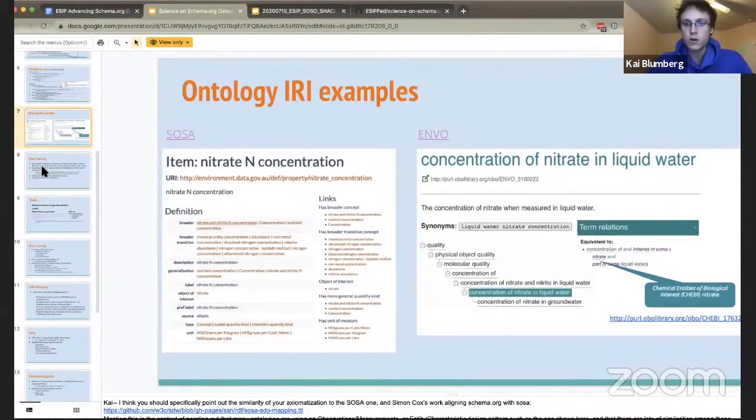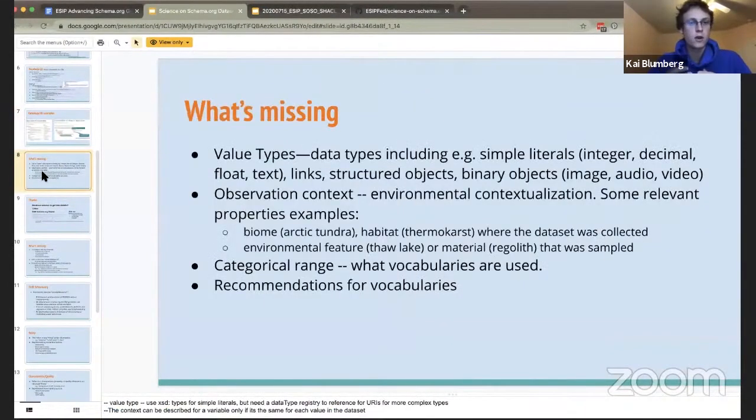For example here, the nitrate in the Environment Ontology, the nitrate in liquid water term, links to the Chemical Entities of Biological Interest, ChEBI, ontology's nitrate itself as the material under study. Anyway, I don't want to emphasize any one particular thing over another. I just want to point out that the Pandora's box can be opened if this were to be incorporated within schema, and we could really make use of existing resources to get to a deeper level of interoperability. So I'll stop there, and I will turn it back to Steve for the next slide.